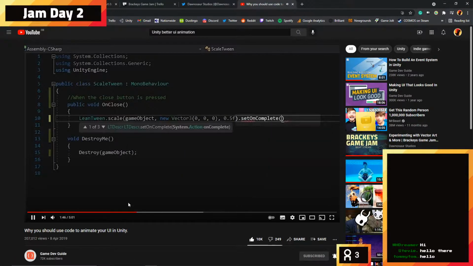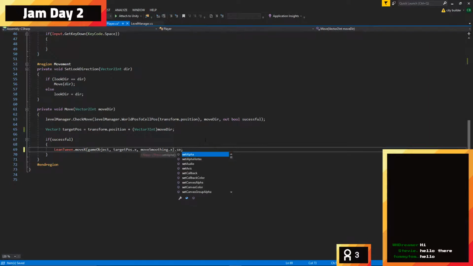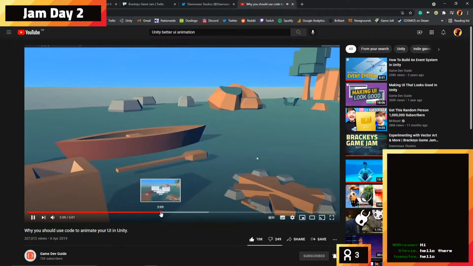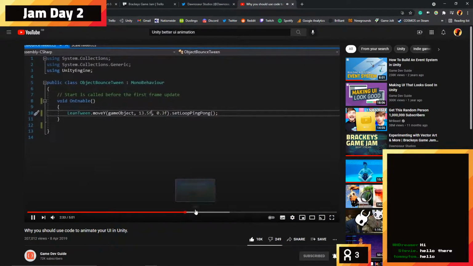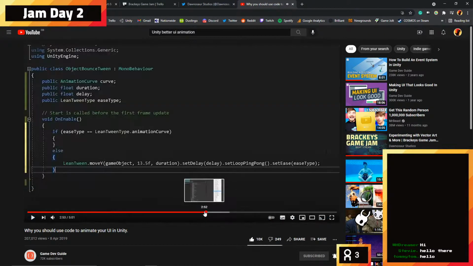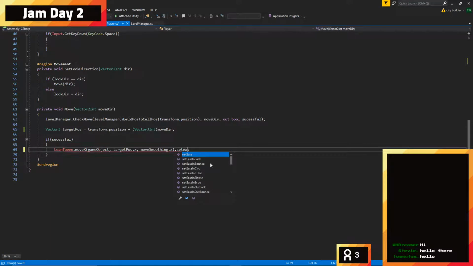Between so much, I'll chain an onComplete command to destroy the UI element once it's done. Okay, so you can chain commands. That's cool. We'll do set callback. So we can have that set a variable, say when we've stopped moving, so that'll be handy. In reverse, how do you set loop? Custom curve if these aren't good enough. Let's set loop, we can set ease. Okay, so we can set dot set ease